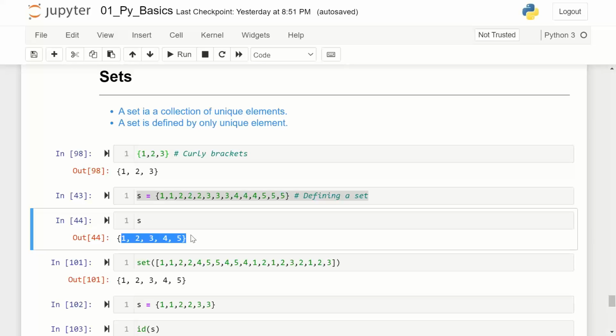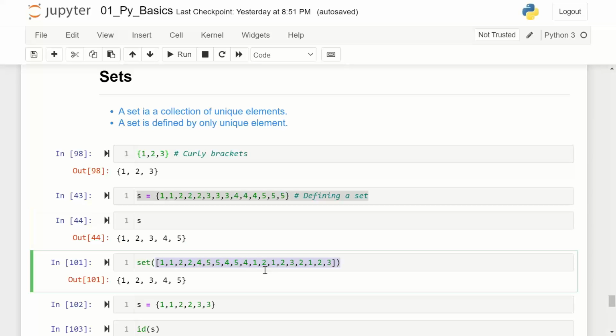You just want to find out what are the unique words coming in the resume. When you read a resume, it will be a sequence of words, and that sequence of words will be a list. If you pass that list to the set function, it will get converted to a set and you will get the unique set of words. Here I have given numbers,